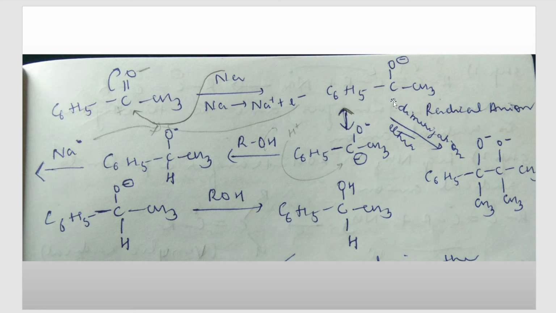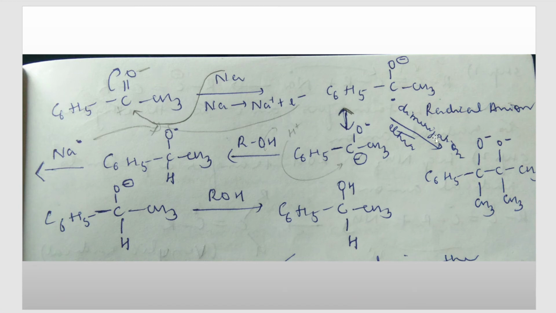So you can see that dot on the carbon, meaning to say this one electron is given by sodium here. Now how many electrons is sodium left with? It still has one more electron. So the sodium gives one electron, and transfer of one electron takes place. Now we will talk about dimerization later. That is an exceptional case when we are not doing this reaction in the presence of a protic solvent.